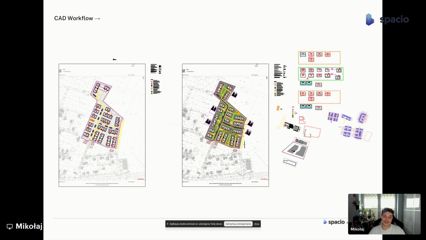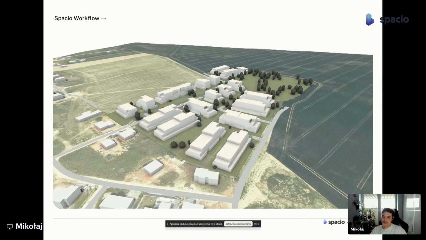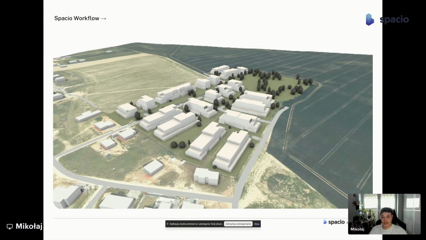So everybody probably knows that. But this is one of our projects that we were working on in the initial phase when we started with Spacio. So we implemented the model into the Spacio. I mean, the 2D layout. We created the very simple model. We downloaded the context and did a few workarounds, and you get a pretty simple model,